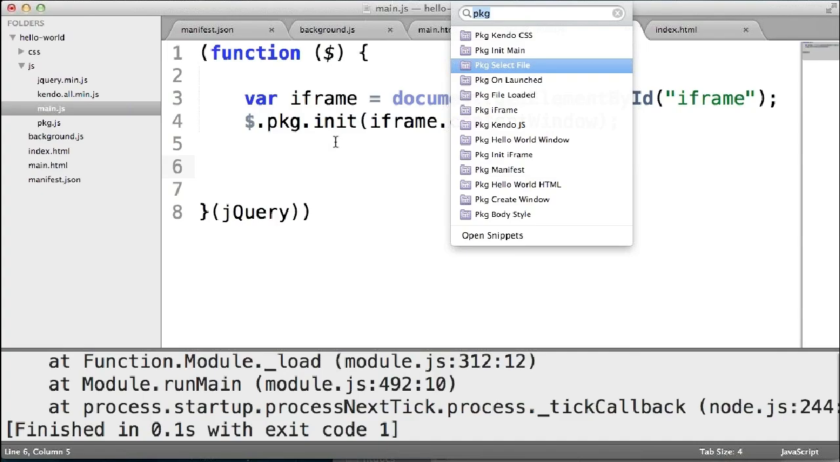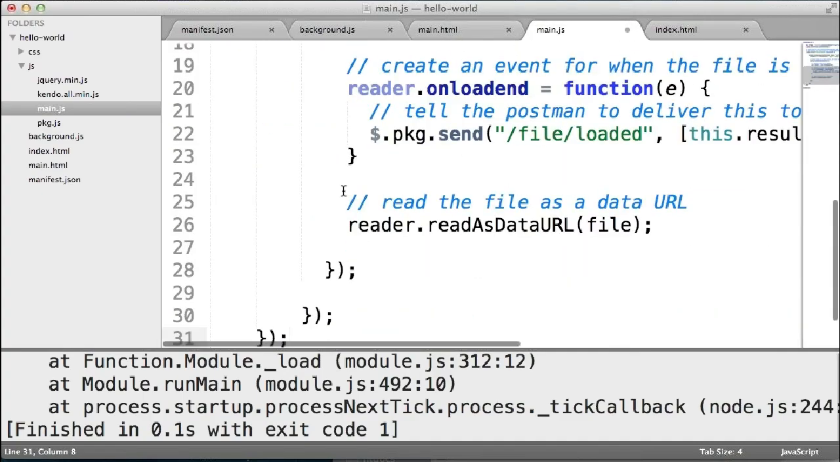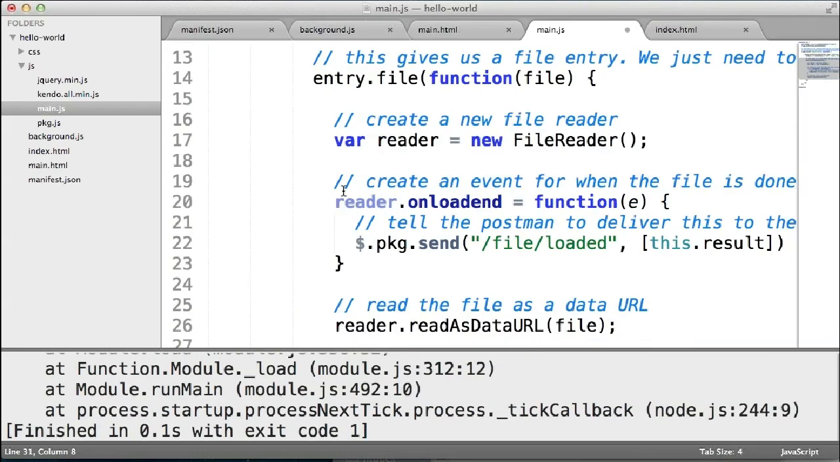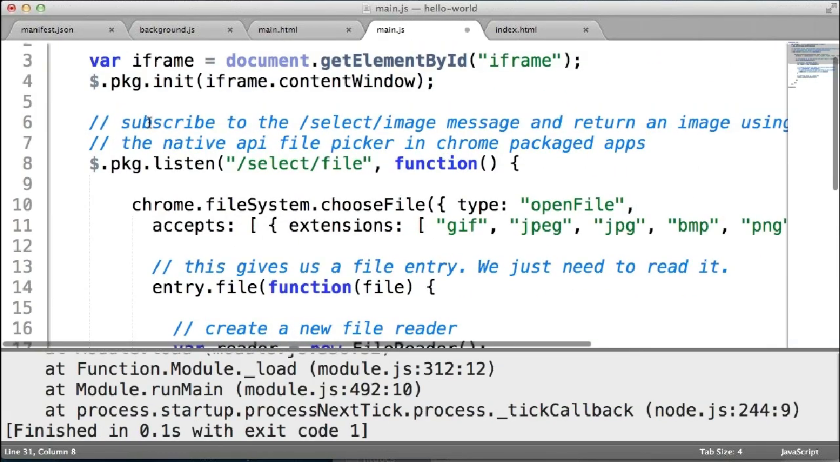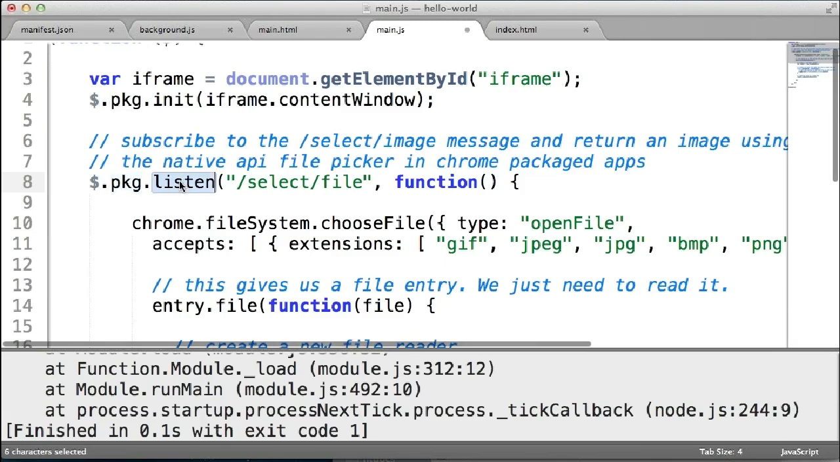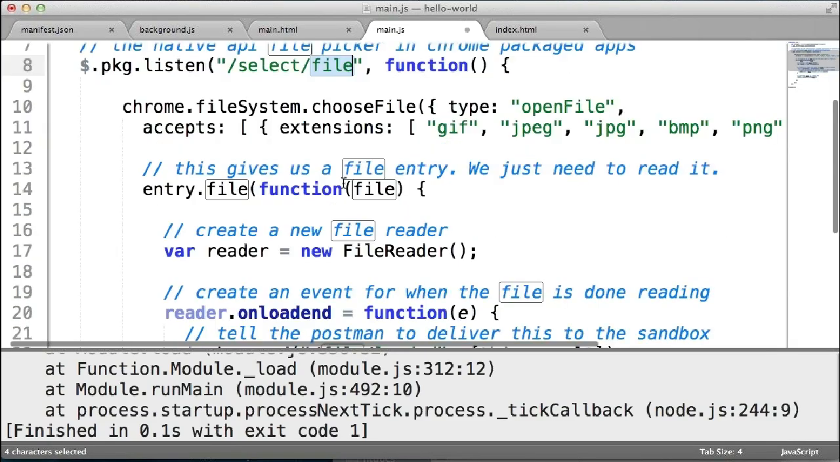I love me some snippets. And let's get that select file. All right, I'm going to scale this back a little bit. Let's get rid of the sidebar. So what I'm doing here is I am listening for the select file, and then I'm going to use the